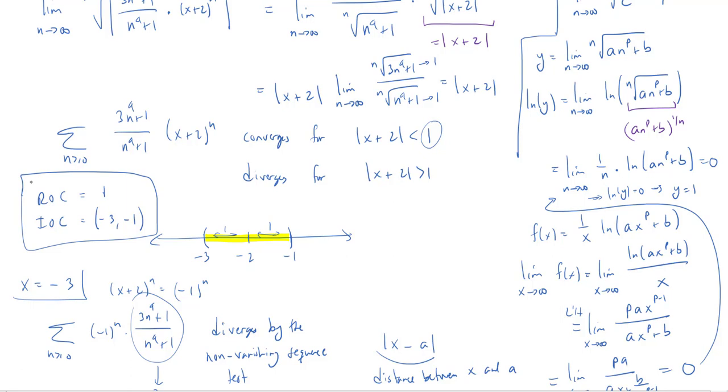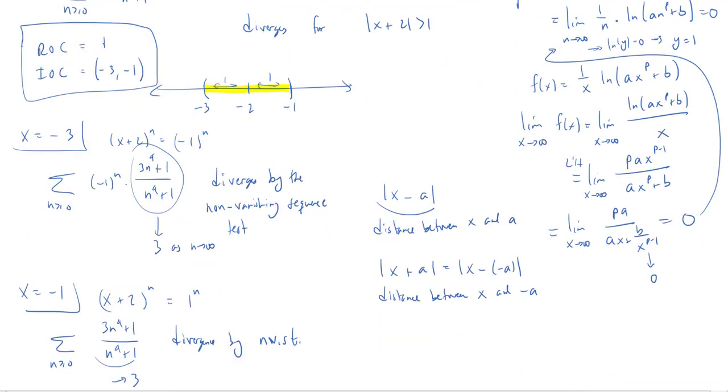Whew, okay. I promised I would do the ratio test version. Now, if we do the ratio test, what I claim is going to happen is we're going to get the exact same condition out. So I'm not going to repeat the x equals negative 3 and the x equals negative 1 condition. So let's just see what happens in the first part of the test. So if I go to use the ratio test, then I'm going to be taking the limit as n goes to infinity of the absolute value of,